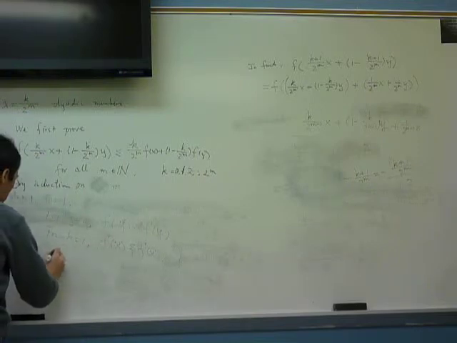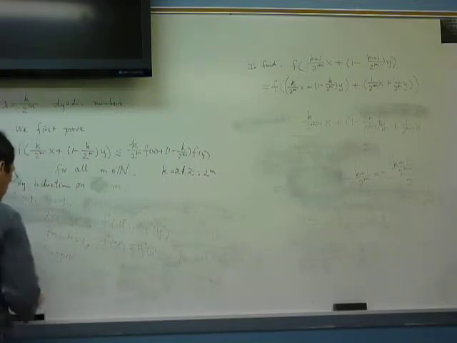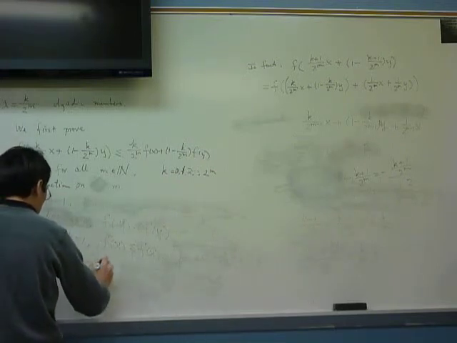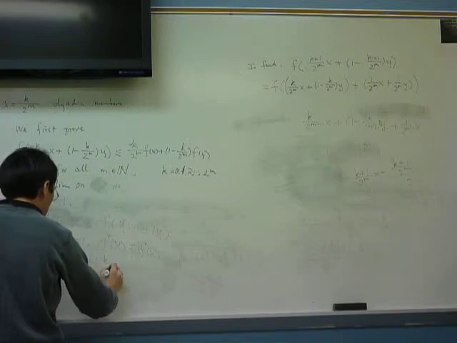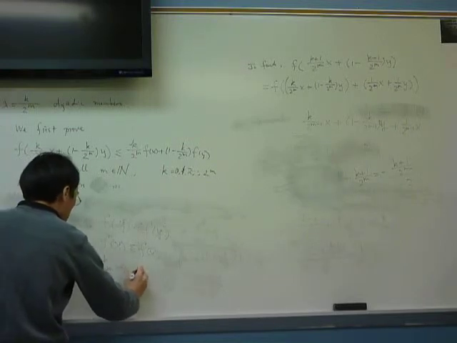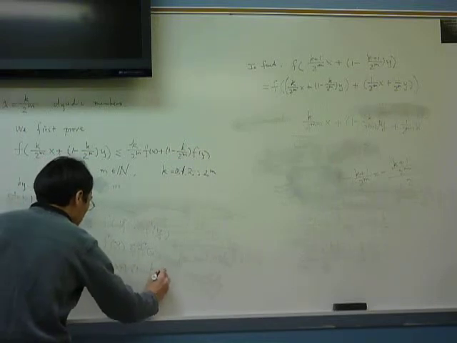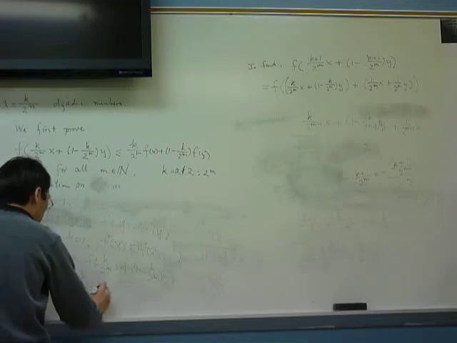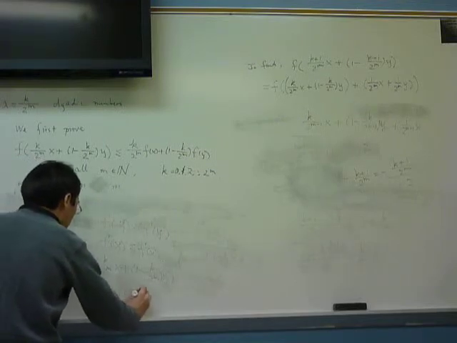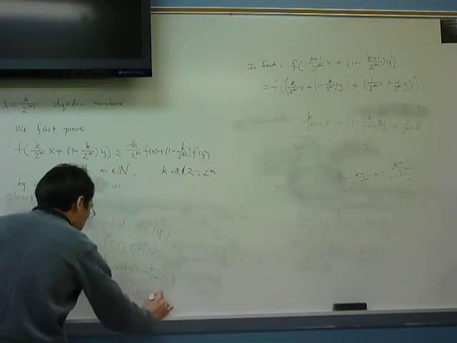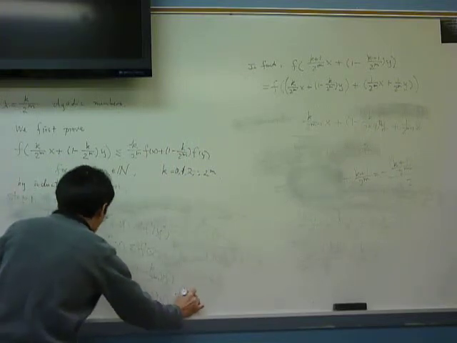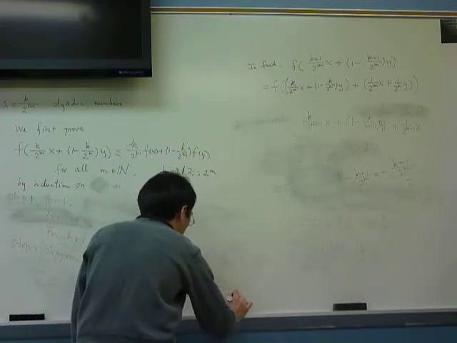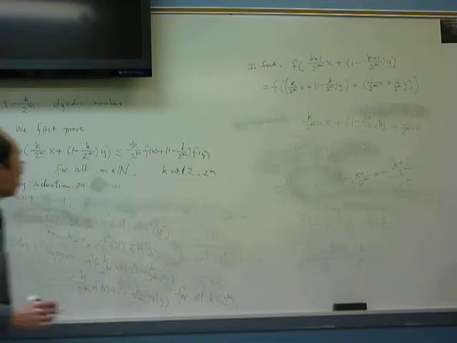And then step 2. So suppose this is true: f of k over 2 to the m x plus 1 minus k over 2 to the m y is less than or equal to k over 2 to the m f of x plus 1 minus k over 2 to the m f of y for all k less than or equal to 2 to the n, right? So we want to prove